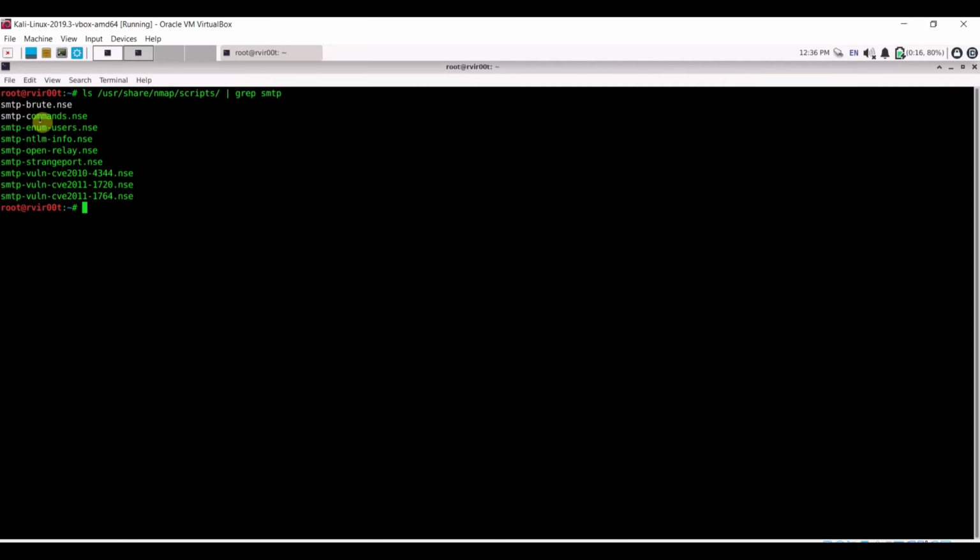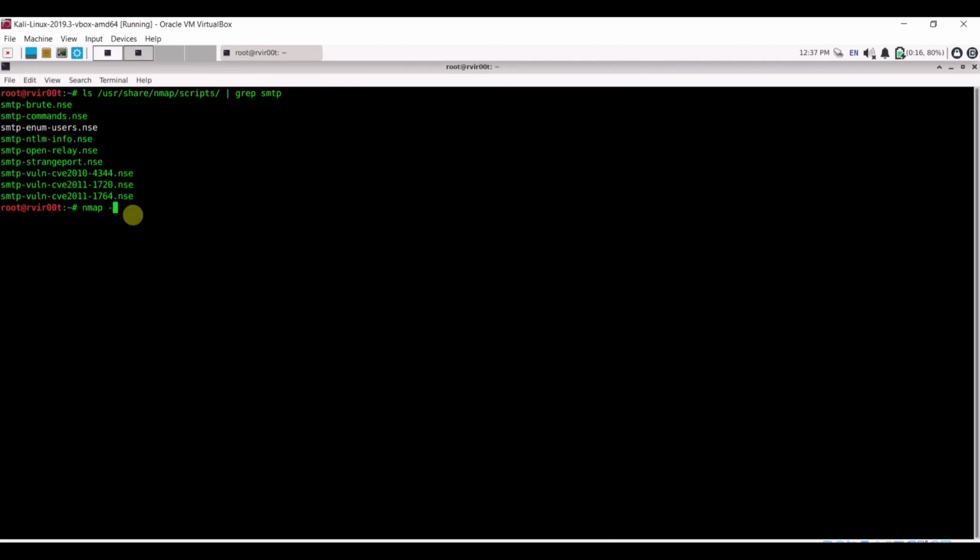You can perform SMTP commands, so you can check the SMTP commands like VRFY for verify, RCPT, EXPN, STARTTLS. These are some of the commands you can identify through the smtp-commands script. And then we have smtp-enum-users, right? If you want to check for an open relay, then you can check with this NSE script, or you can use other tools like MX Toolbox or NetScan Tools. So let me use some of these scripts from here and let's see what result I get.